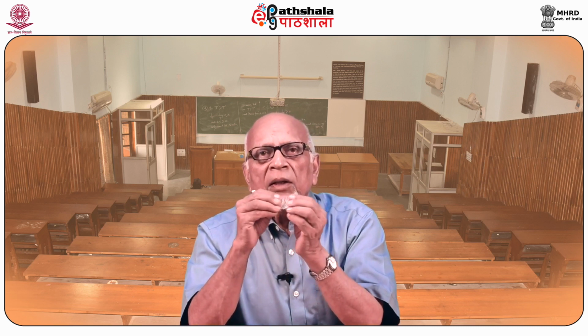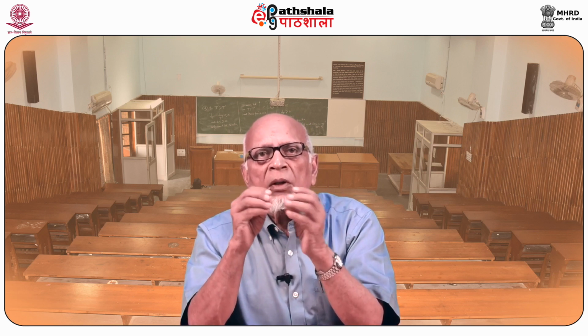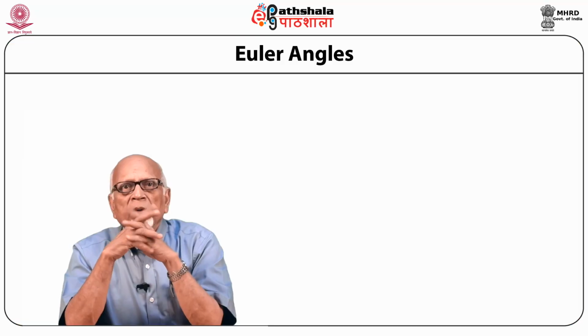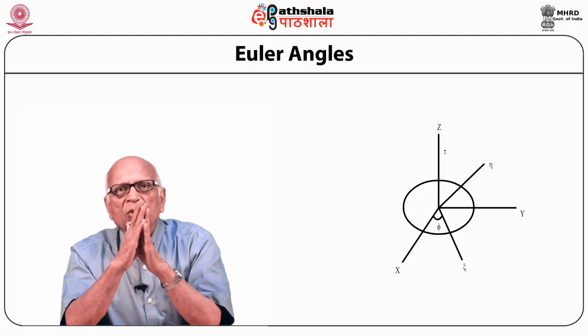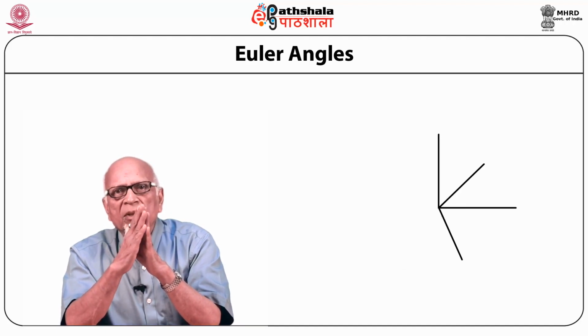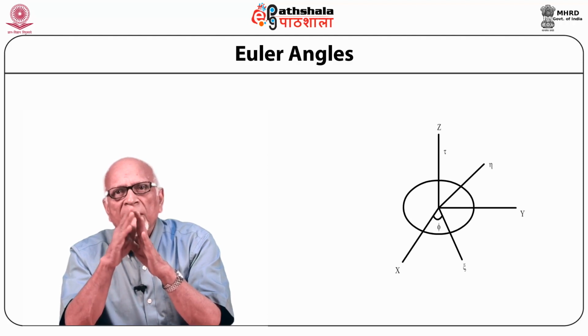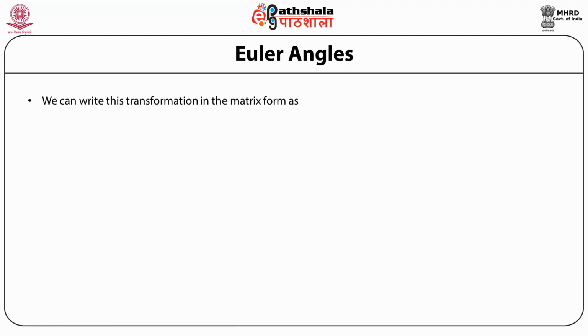We will define this rotation matrix R through a sequence of three rotations on x, y, z as follows. Number 1. The first rotation is by an angle phi about the z-axis. This results in the coordinate system labeled by the xi, eta, and zeta axes. The transformation from the xyz to xi, eta, zeta coordinates can be effected and can be written in the form